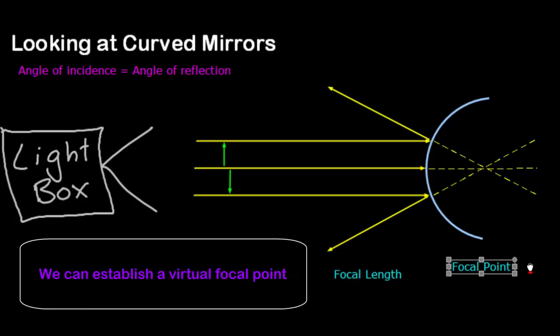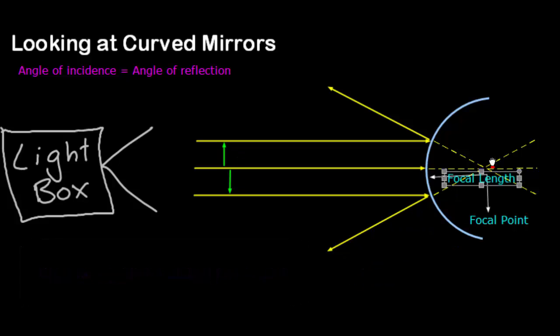using the same method as before, we can now establish that our focal point for this particular mirror is going to be at that point there. And our focal length is going to be at that point there. Now if we took our focal length, which is this length here, and we transferred it over to the other side, we would then know the focal length of our